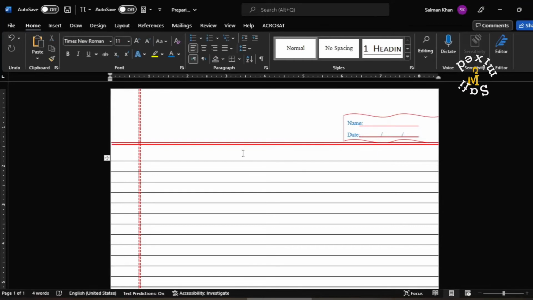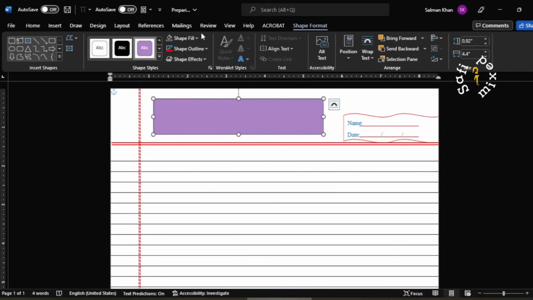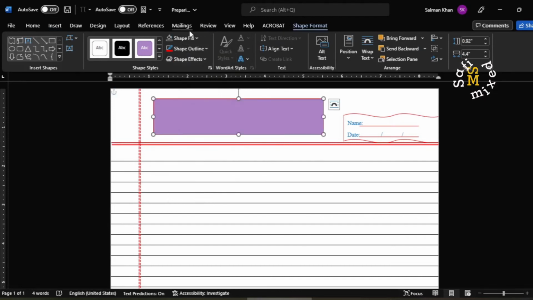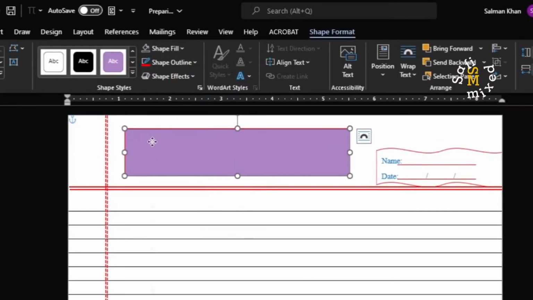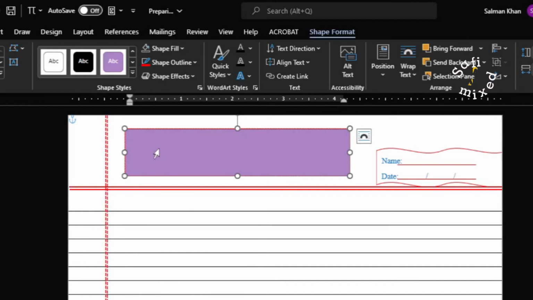Okay, with that done, I can add a title to the menu if I want to, and I can do that by coming to the Insert tab and then to Shapes, and then take the rectangle, and I can draw a rectangle over here. First, I turn the border line to red, and then I click the right button and add text. In here I again press the backspace to take the cursor to the left end of the rectangle, and I write